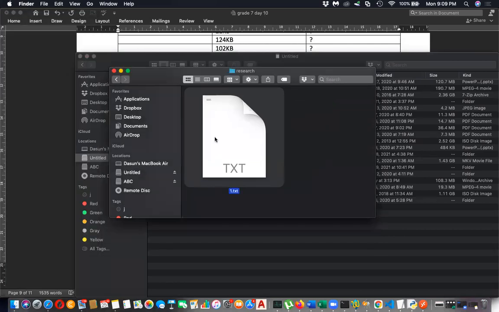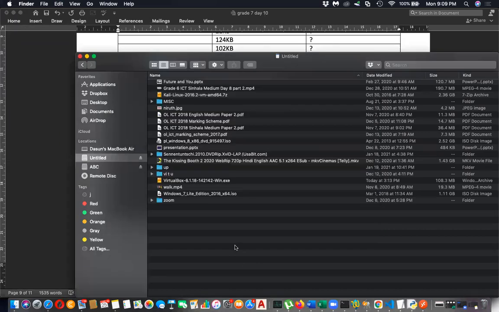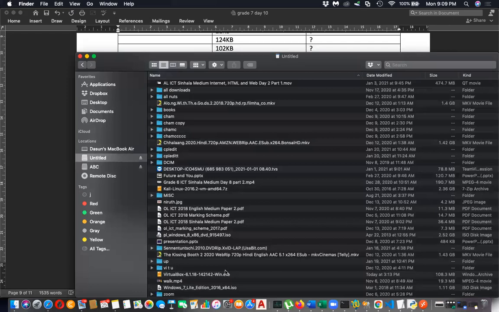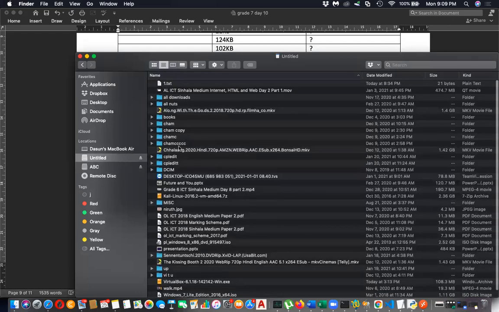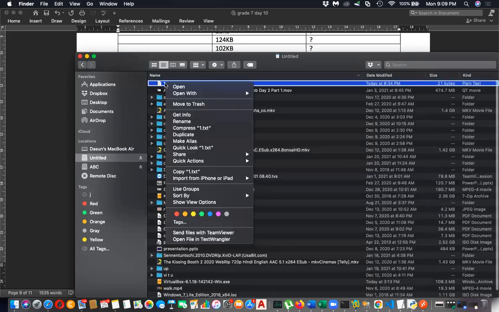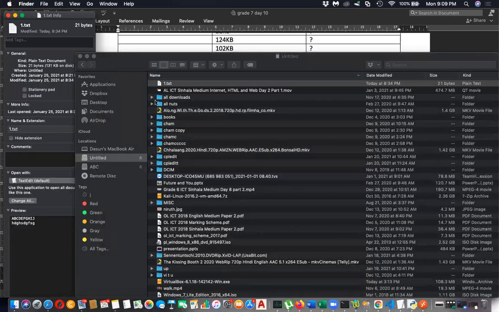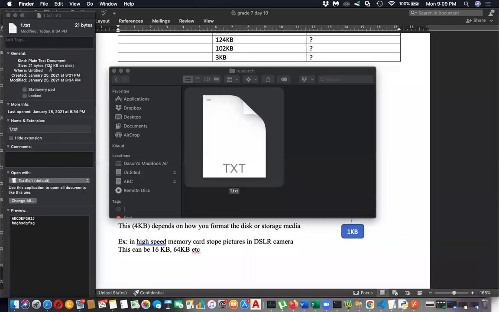Let me copy the file and paste it into my high-speed memory. I'm using this for the DSLR camera, but it is filled with some other documents. Let's right click and get info. I just copied the same file, but see the size now. Size is 21 bytes, but it stores in a 131 KB cluster.